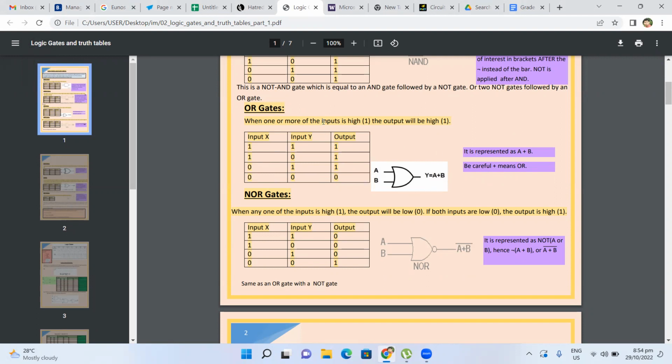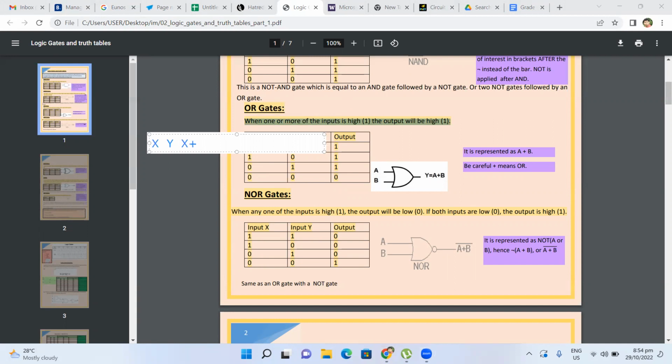You can write this: one or more inputs high, then the output will be high. Or the other way, if all inputs are 0, the output will be 0. Both are valid statements. But when you are drawing the truth table, as I said earlier, draw it the other way. I'm not disagreeing with this, this is correct, but you had better write like this: